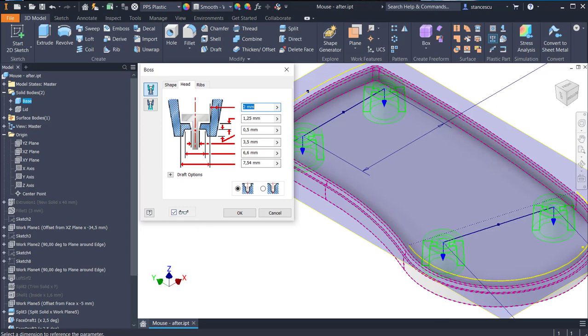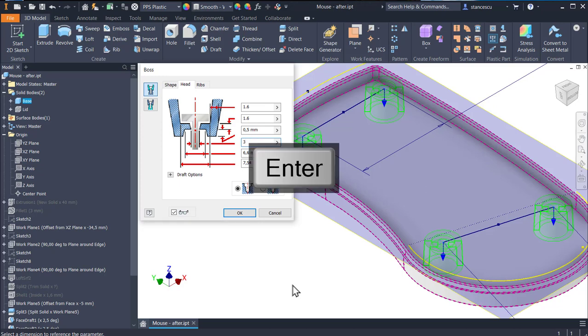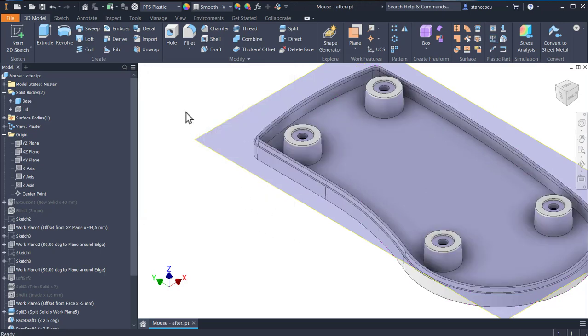Dimensions here are 1.6 tab 1.6 again, tab 0.5 is okay, 3.5 must be 3. Oh,